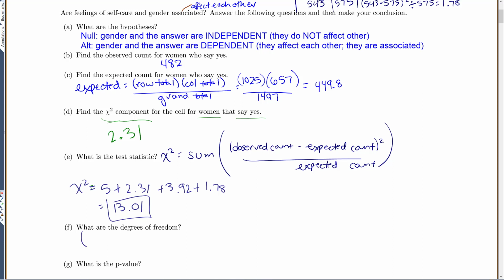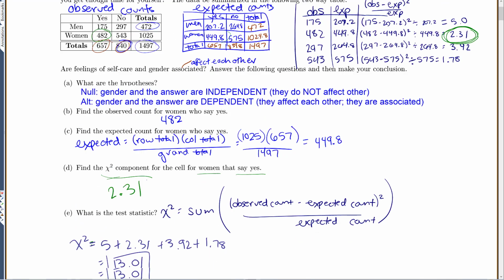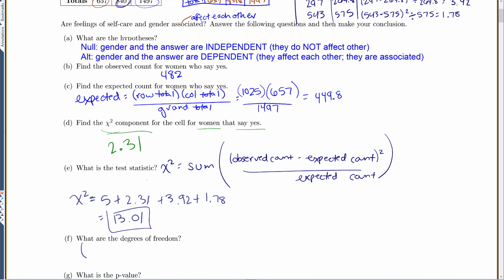For chi-square test of independence, notice we have rows and columns. And you want to remember for this class, almost everything you've learned for degrees of freedom is always something minus 1. So because we have rows and columns, for our chi-square test of independence, we'll do rows minus 1 times columns minus 1. Sorry, number of rows and number of columns.